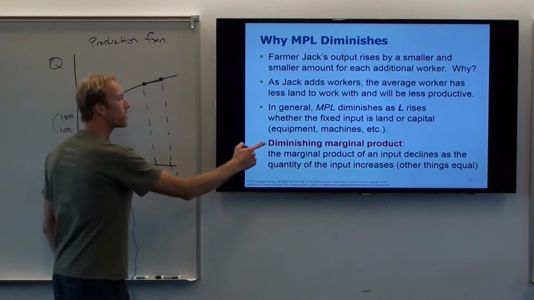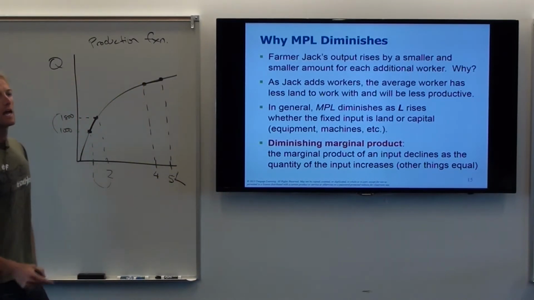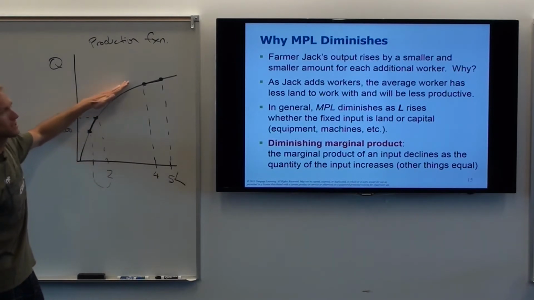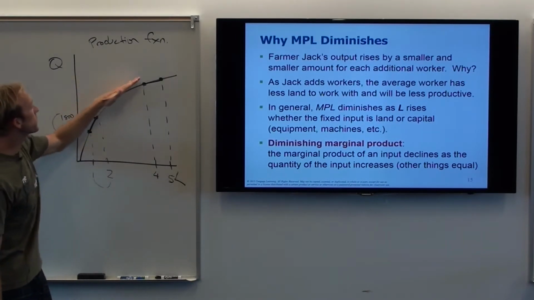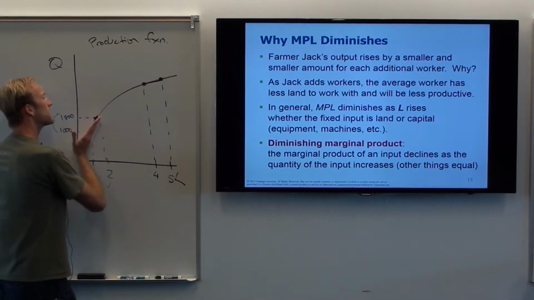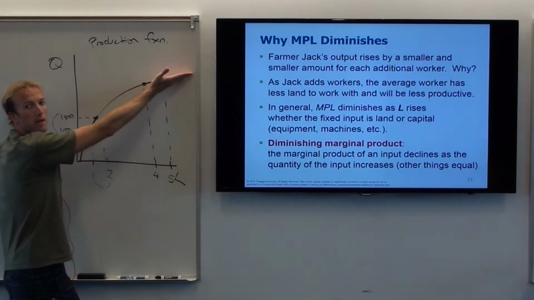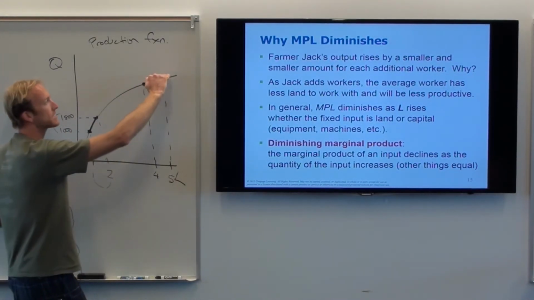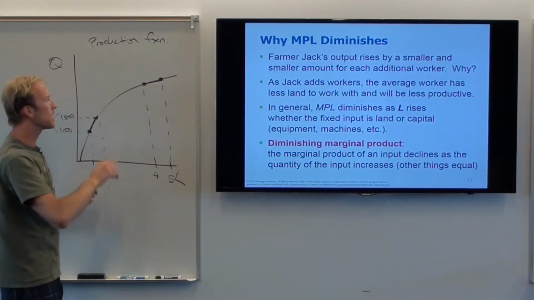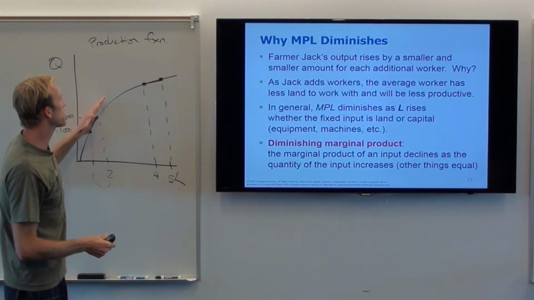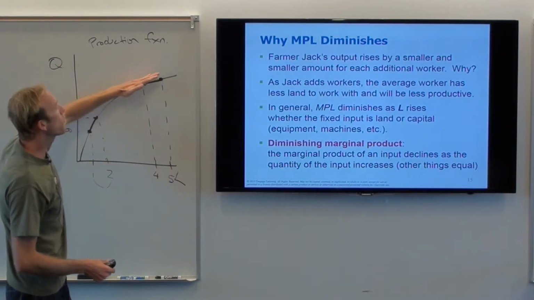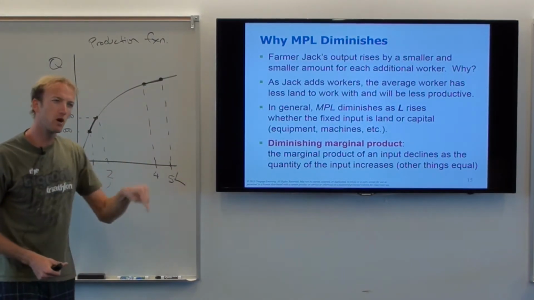Okay. It's important to note for diminishing marginal product that what we're talking about is the slope, or for those of you who have calculus, this is also the derivative of this curve, right? The slope or the derivative is going to 0. That's what's diminishing. But notice, it's always still going up, right? At no point in time is this thing actually starting to go down, right? So total product, or total production, is always going up. Total product is always going to be a bigger number. But the slope, the marginal product, is what's going down.